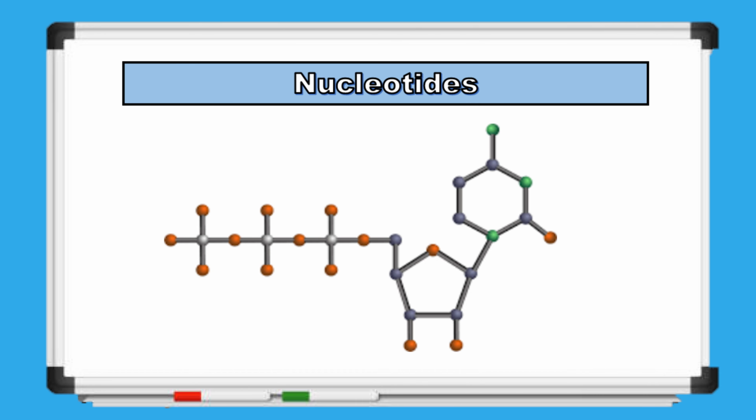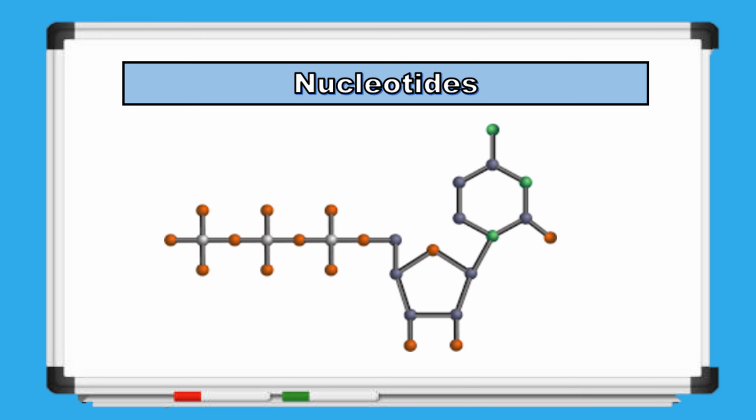Let's now talk about the last but not the least component, the nucleotide. You can look at the image, it's the structure of a nucleotide, the basic unit that makes up DNA and RNA, and are really important because they help carry and pass on genetic information in all living things. So, this nucleotide is not just a simple molecule, it is the molecular blueprint that forms the very basis of